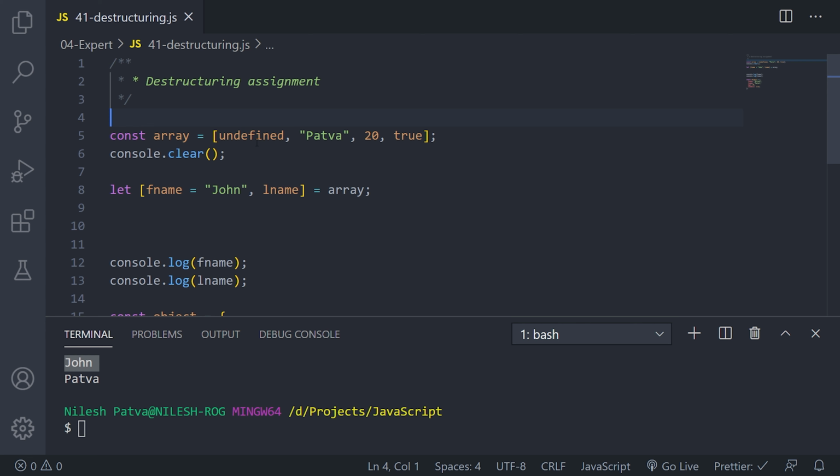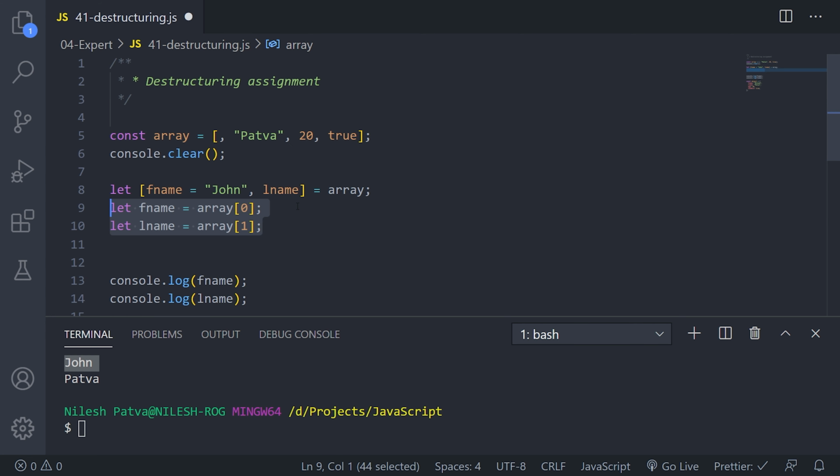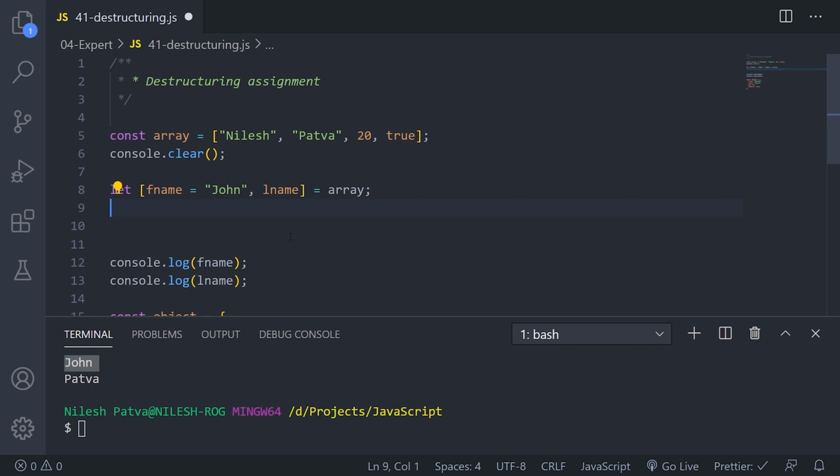And let's say you want to ignore any elements in between. So what you can do, let me just undo this. So I will remove this and we'll keep this default value as it is. But I want to ignore this age part, but I want to take this true value into some other variable. So I can add another comma here, but without providing any variable name.